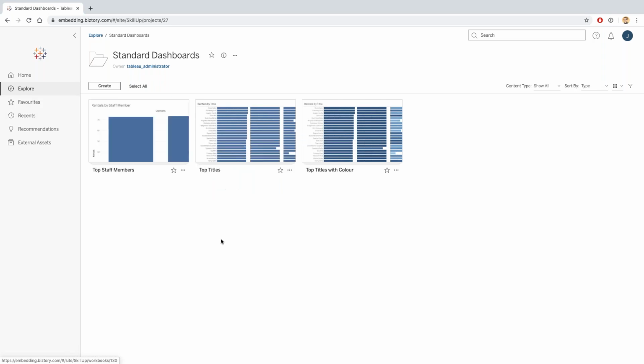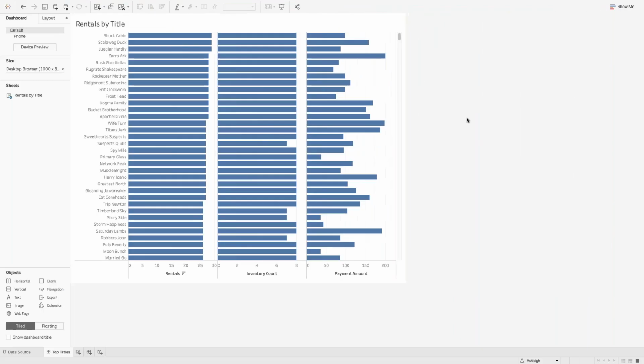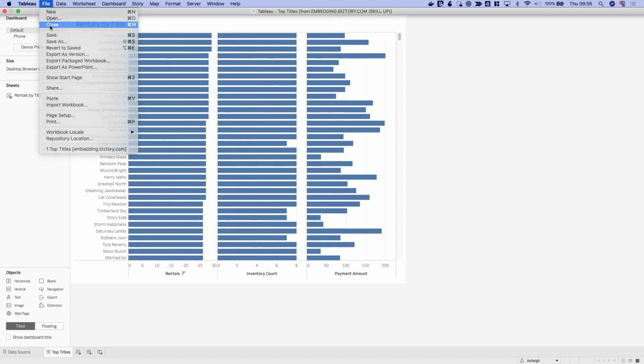Okay, so another part of the self-service analysis is the way that having these published data sources makes it easy to work with data in Tableau Desktop. So if I just go back to Tableau Desktop for a second, and Ashley, as an example, wants to perform a more complex analysis. So she wants to look at customer lifetime value. So how many rentals a customer has made, how much they've spent in total, and how long they've been with us. I'm going to start a new dashboard. I'm going to close the existing dashboard,